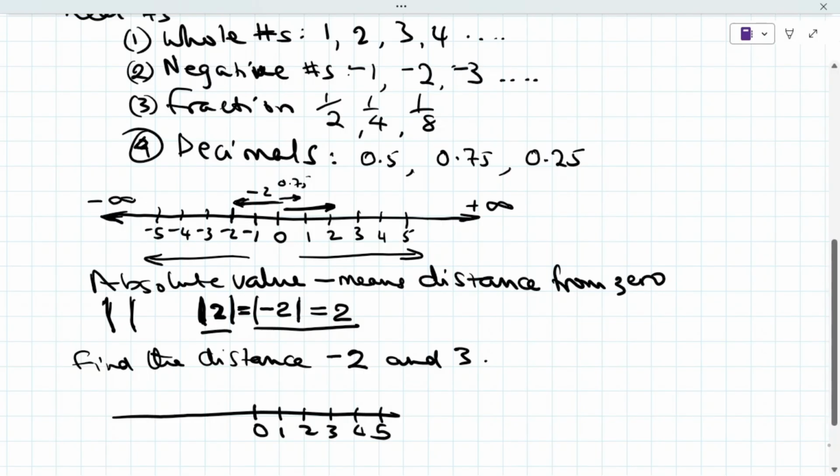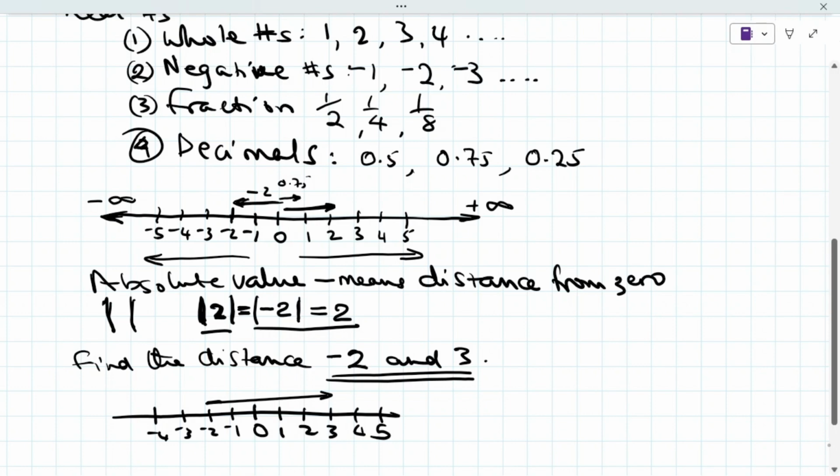And this side we have -1, -2, -3, -4. So if somebody asks you the distance between -2 and 3, it means you start from -2 and you move up to 3. 1, 2, 3, 4, 5. So the distance between -2 and 3 is equal to 5,